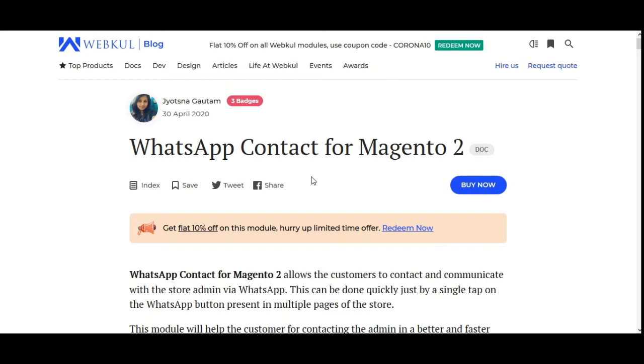Hello and welcome to this new video tutorial of the WhatsApp Contact for Magento 2 plugin. In today's video tutorial, we'll be showing you how the web store owner can implement WhatsApp Contact within his Magento 2 store and how the customers would be able to access the same from the web store front end. We'll also be showing you the backend configuration that is required by the admin before making use of